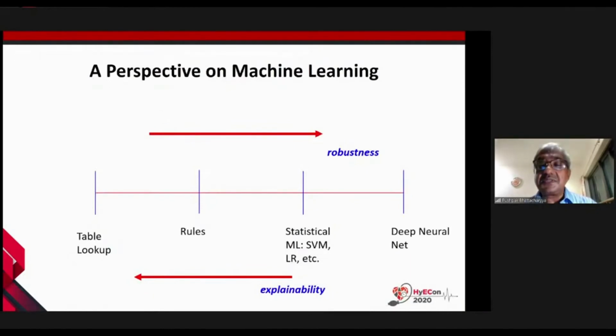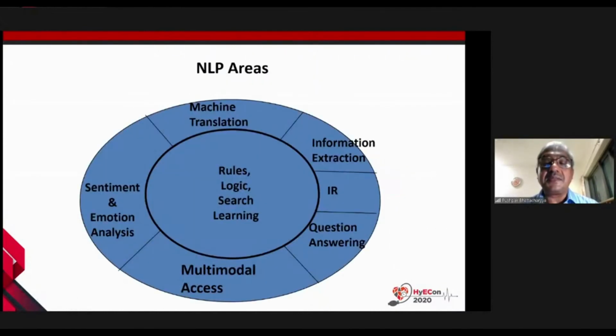Machine learning is the technology which is used here, and from table lookup you go up to deep neural networks. There the machine learning system becomes more and more robust, but it sacrifices explainability. In a deep neural network, we do not understand what is going on, why the decision is being taken the way the neural network is doing it, and explainability is very important in healthcare. The automatic system will not be trusted unless it explains why it took a particular decision. So we have undertaken quite a lot of research in explainability. Maybe I will talk about it at some other point of time.